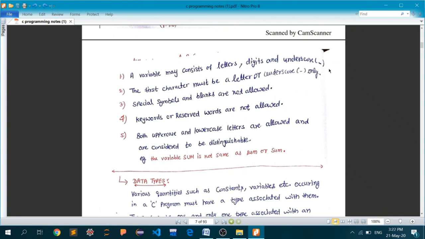Obviously, if you write something like int and then a space and then int equal to 5, you are trying to say that there is a variable called int of type integer with the value 5. But the compiler would get confused because you have written the keyword int to signify the data type and again int to signify the name of the variable.